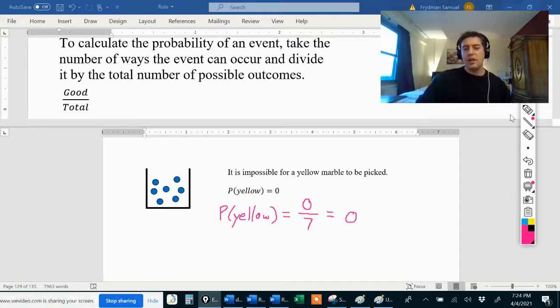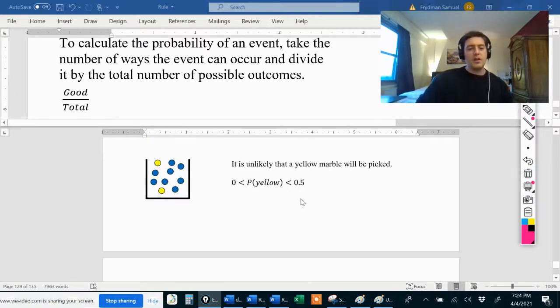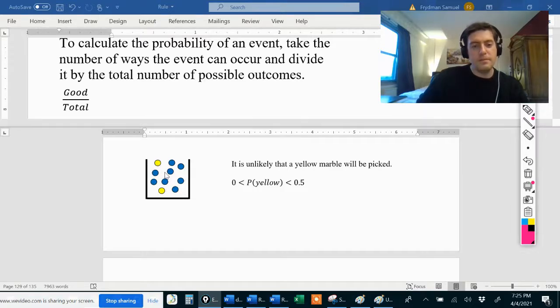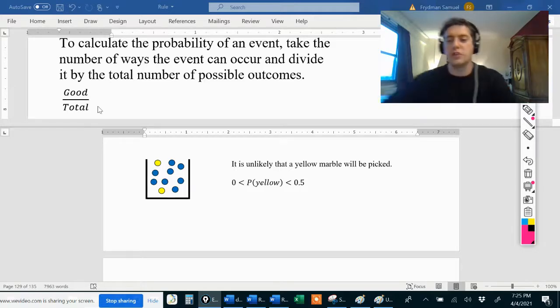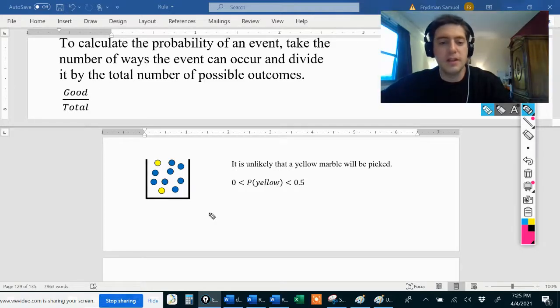Okay, now let's see if this definition is consistent with everything else that we've said so far. Over here, we said that it was unlikely that we pick a yellow marble. We said the probability should be somewhere between 0 and 0.5, bigger than 0 but less than 0.5. Let's see if that actually happens when we use this probability fraction, good over total. So the probability of picking a yellow marble,